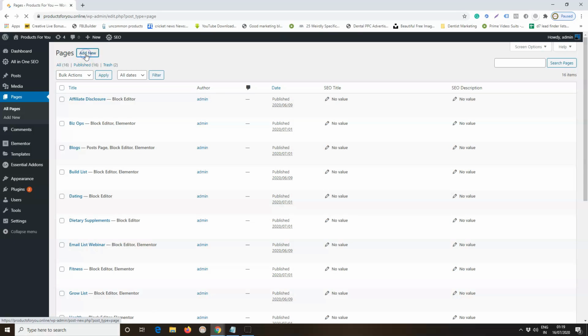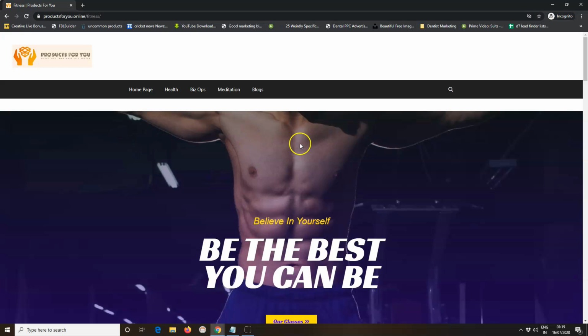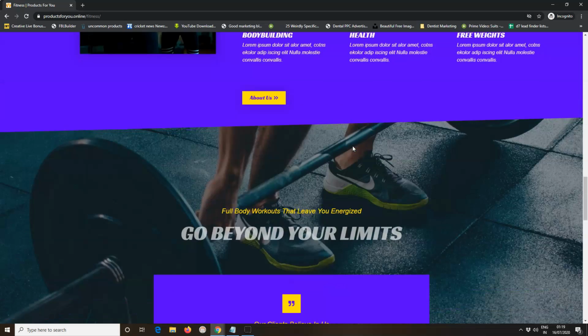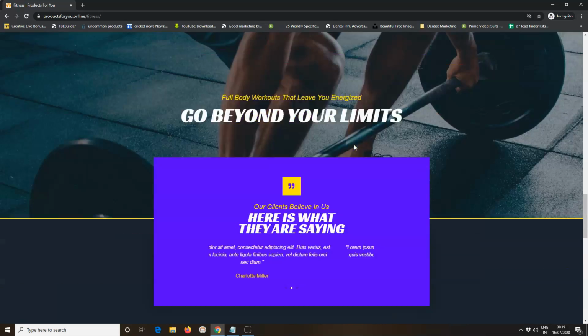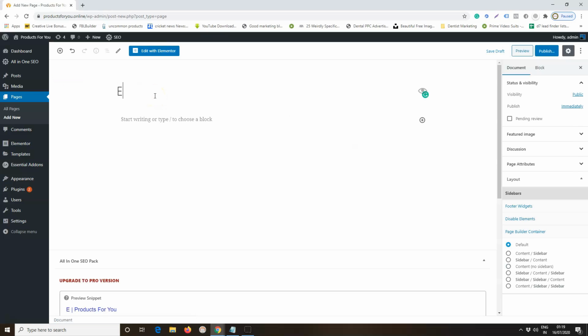Let's create a new page called exercise. We just saw this particular page. It is related to exercise, so maybe we can name our page accordingly. This is the basic WordPress editor, using which I'm giving the name exercise to this page, and I'm hiding it from displaying on the page using this eye icon.